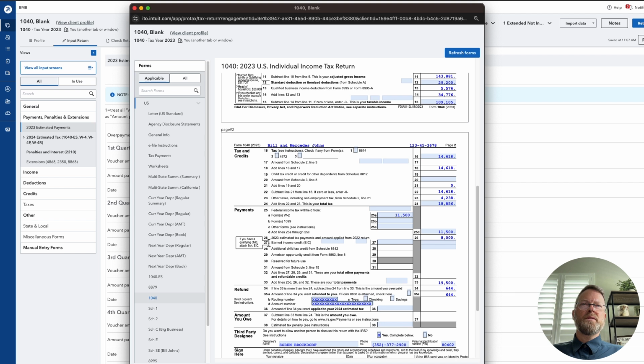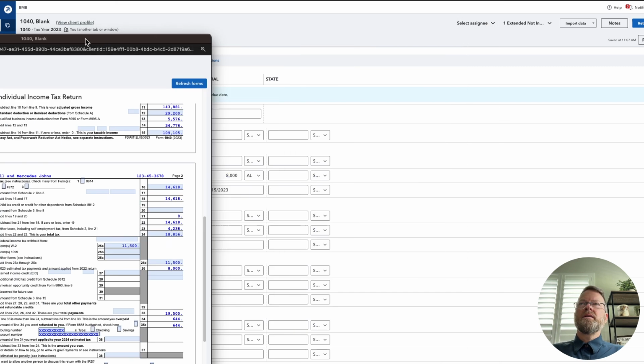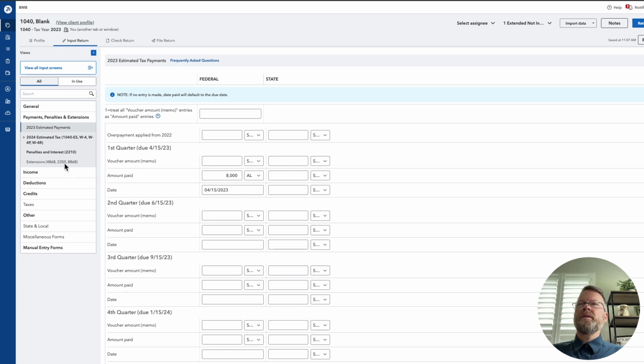Those are what we just put in, estimated tax payments and amount applied from the year before. So he put in $8,000. So now he's paid in the $11,500 on his W-2, and he paid in $8,000 that he wrote a check, or he direct deposited his own money into the account so that he wouldn't owe at the end of the year. That gets him overpaid $644. He will get a check for $644 unless we go into